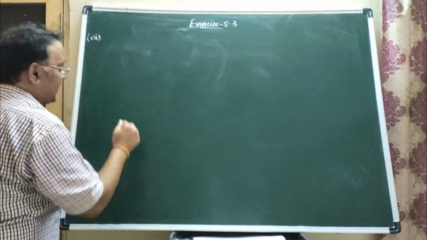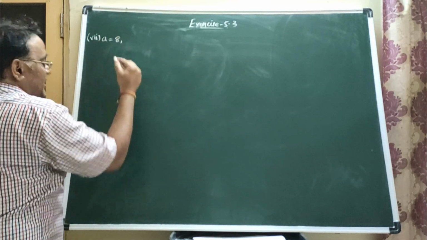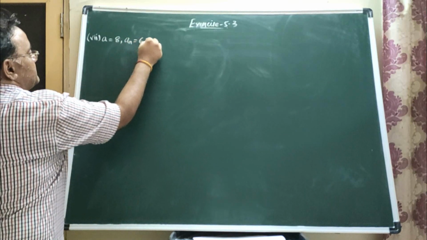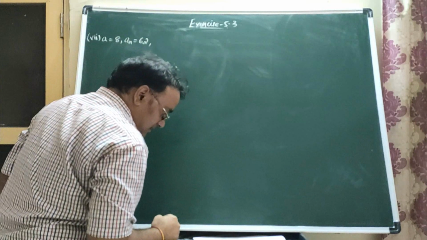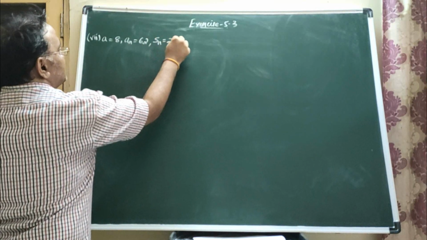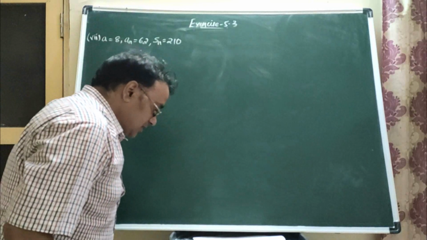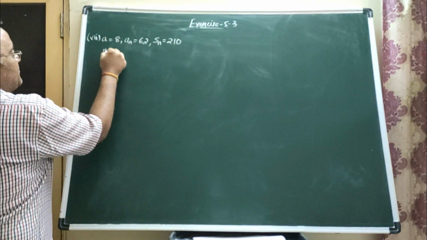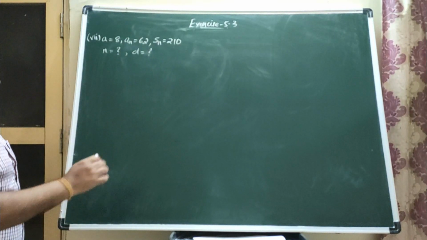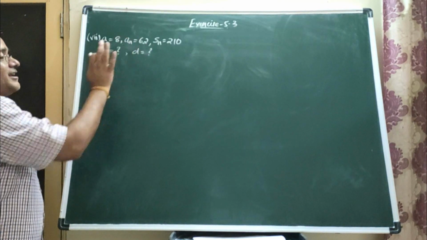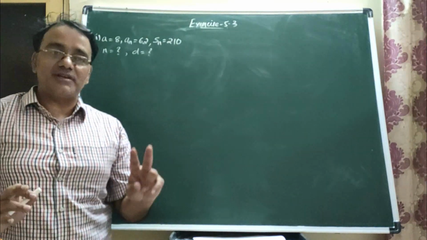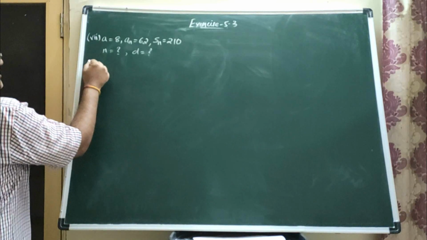7th bit: given a is equals to 8 and an is equals to 62 and Sn is equals to 210. What we have to find, n we have to find or d we have to find. Okay, so in the question the first and the last term is given. So first और last term दिया है तो हम लोग कौन सा फॉर्मूला यूज करेंगे, second formula, right? Now